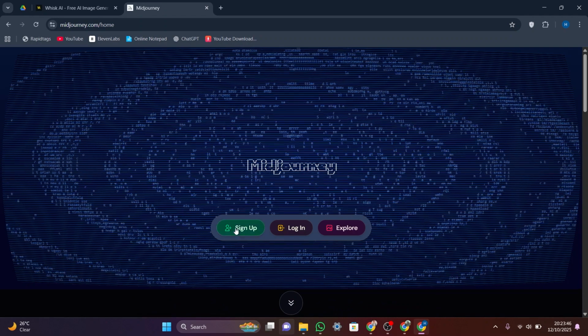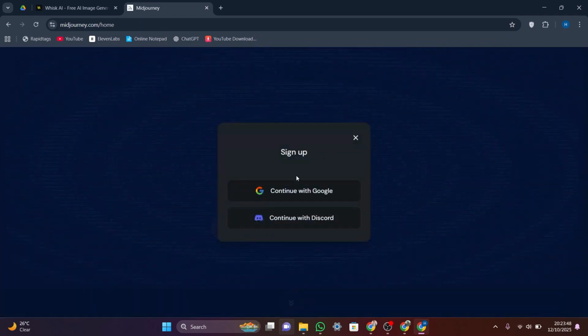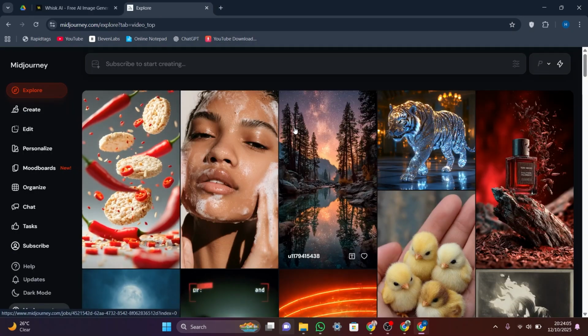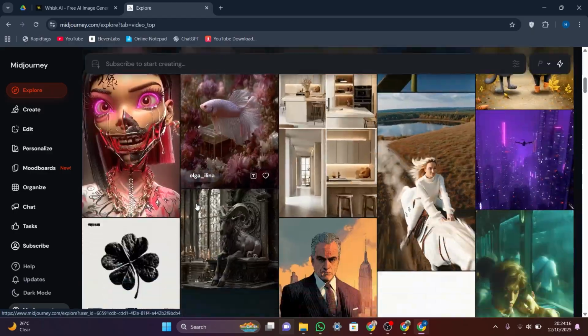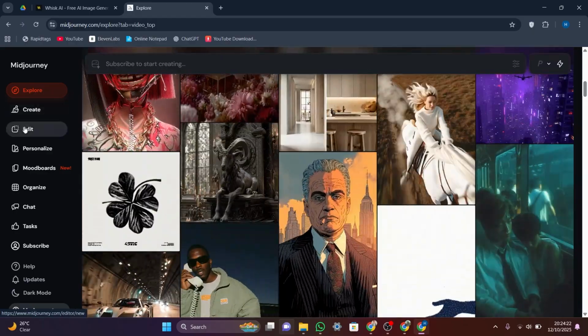It gives you a lot of control over the final image. But it takes time to learn how to write the right prompts. The better your prompt, the better your results. Midjourney images often look more realistic or dramatic, while Whisk pictures look more realistic.